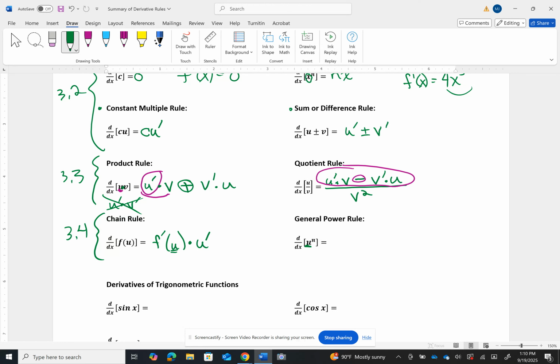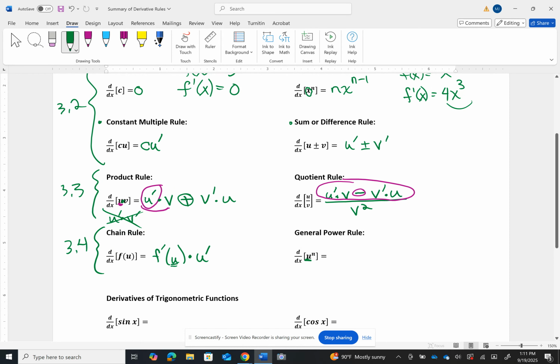These will make more sense. We're just taking a look at them now before we get started, and then we'll look at these again as we encounter them in each section. Right now, for the general power rule, that is related to the simple power rule, so it starts off feeling like the same thing. You're going to bring down the exponent, then you'll have u, and then it'll be raised to the n minus 1. But you can't stop there,